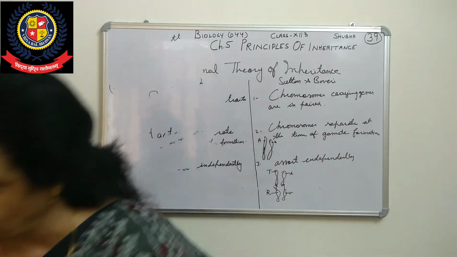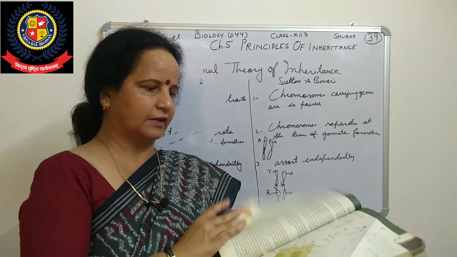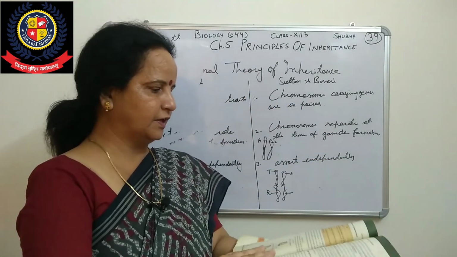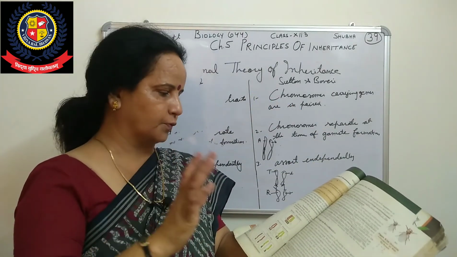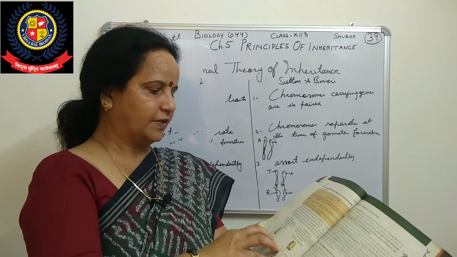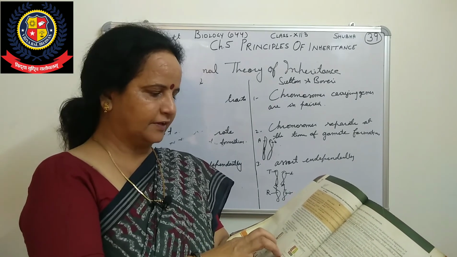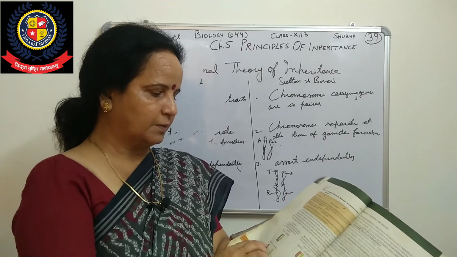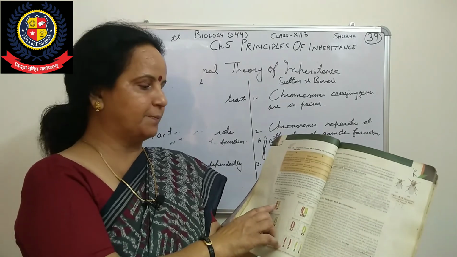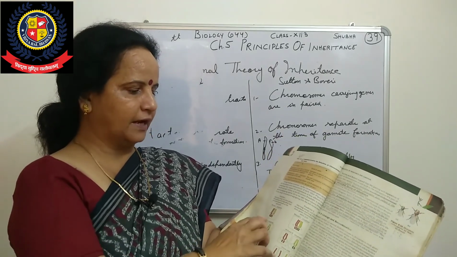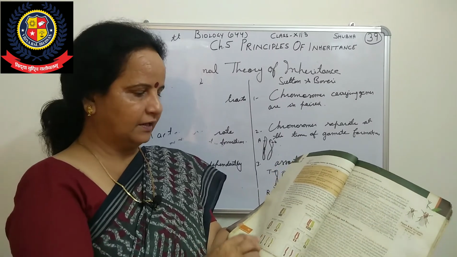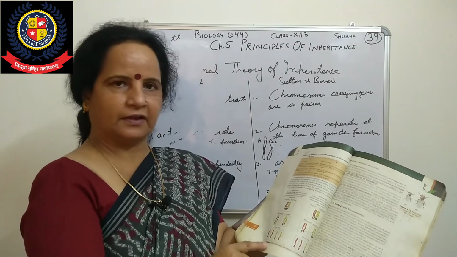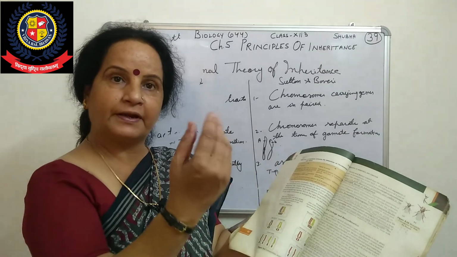Before that, I want to tell you, see in your book, independent assortment. You can see this figure. There are two cases in your book. Meiosis 1 anaphase: we have chromosomes, orange color, a linear pair in green color, and yellow and orange. When meiosis takes place, they separate by independent assortment. Orange will be attached with this and yellow with this, and then we have haploid chromosomes. In the second case, they are moving their own way, independent assortment.